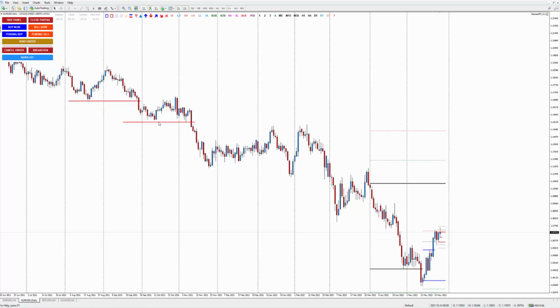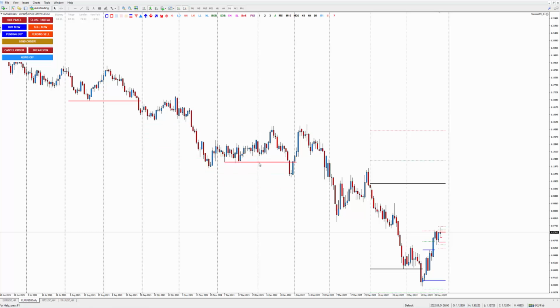Okay, so here's the break of structure, and here is another break of structure. This is another break of structure. Maybe to you this is a break of structure, and here is another break of structure. So we all can tell the majority of the trend, even without using the tool or the line like this, we all know, even by just our own eyes, that the market is in a downtrend. And to prove that, we see how many times it breaks the low, right here, and here also breaks the low.